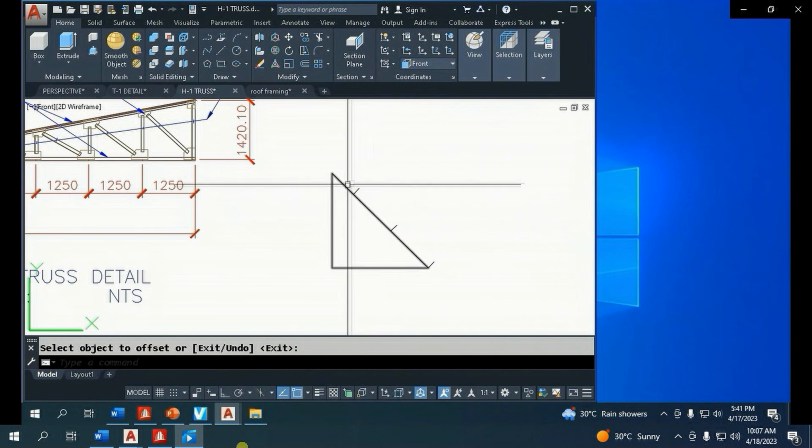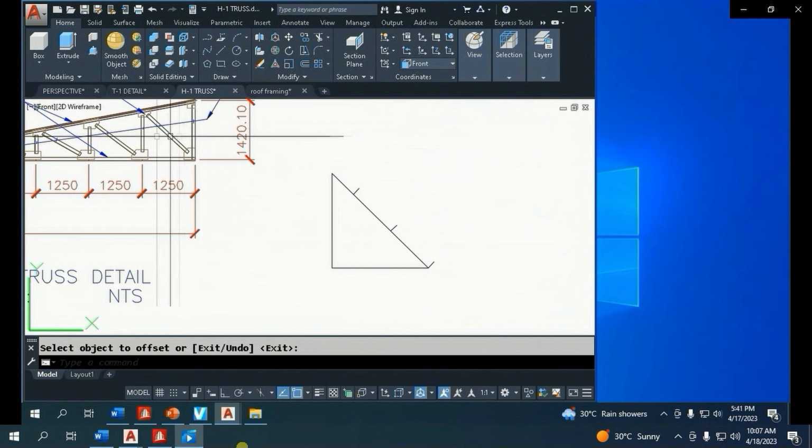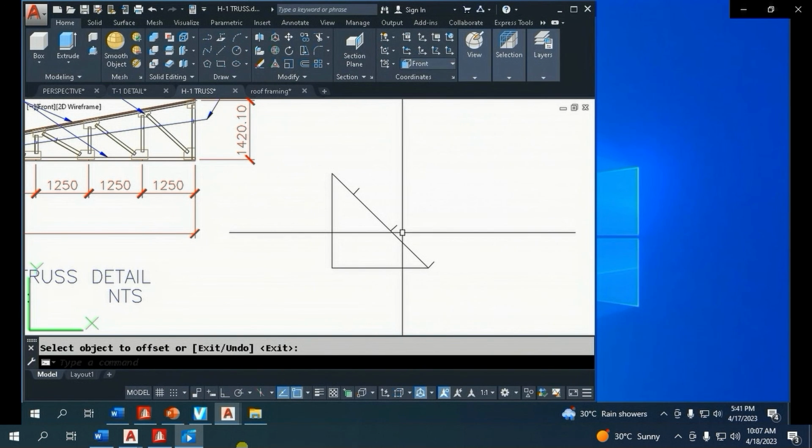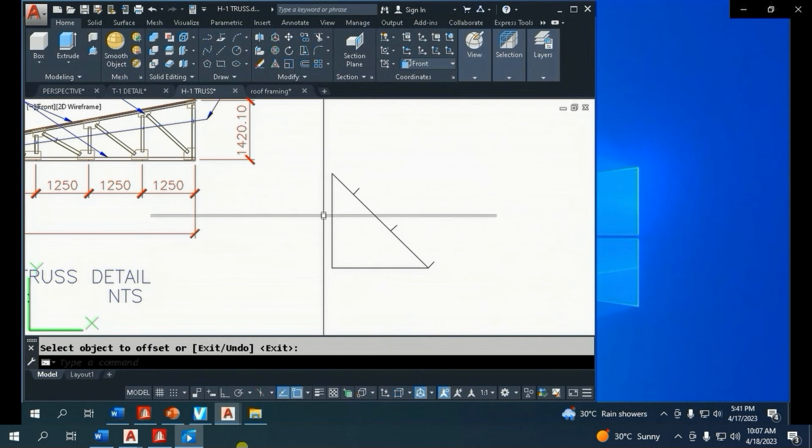So this is the spacing of the web member in this diagonal line. So I am going to get the distance. I am going to project this point to this vertical line. So I will draw a line